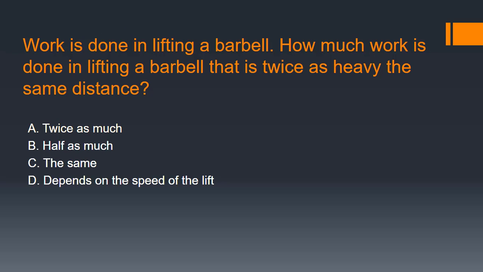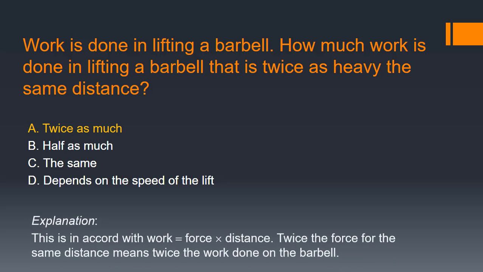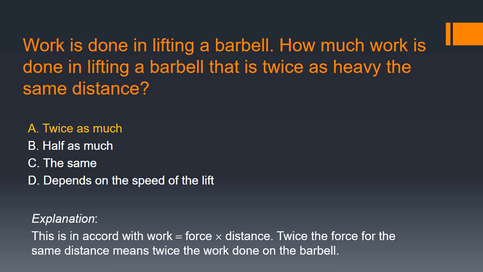Now, if you lift a barbell, you are applying a force and the barbell moves. Since the force causes the motion, we can say that work is being done. In this case, the change in energy is due to the barbell moving up, so the height changes. This means the change in energy is due to gravitational potential energy. Gravitational potential energy is found by taking the mass times the change in height times g. So if we double our mass, we will double the amount of gravitational potential energy. This in turn means we will do twice as much work.